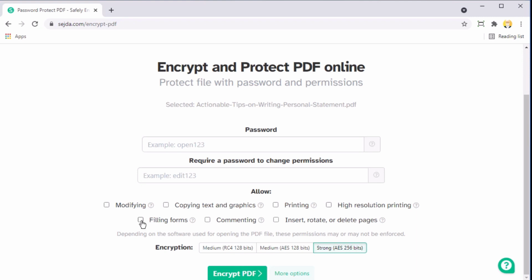And there are two more options. If this is a form, whether I want to allow the form filling or not. And this is the strongest encryption. This standard AES 256 is the strongest encryption standard. And this free PDF editor Sejda allows you to do that, which is fantastic. So I can select any of these options. If I want to allow low level printing, I can do that, but I don't want to allow other things in most cases. And now I can put one password, let's say pass123 for opening of the file, and the other password, let's say 321 for printing. And now I click encrypt PDF.